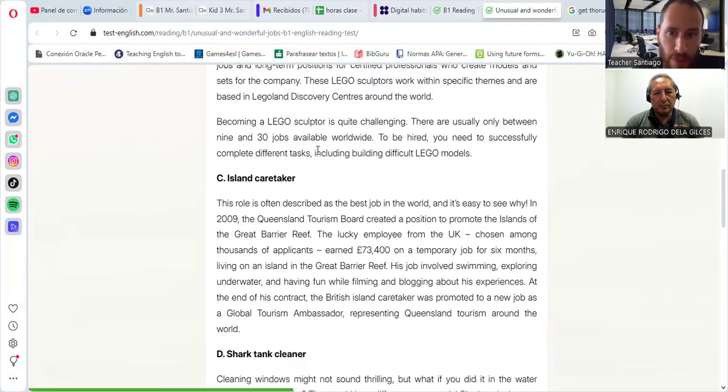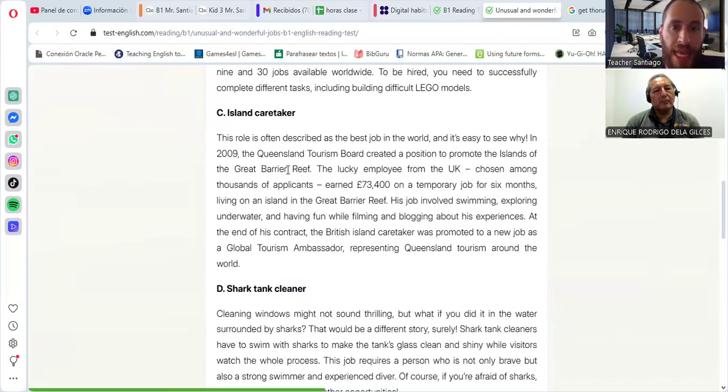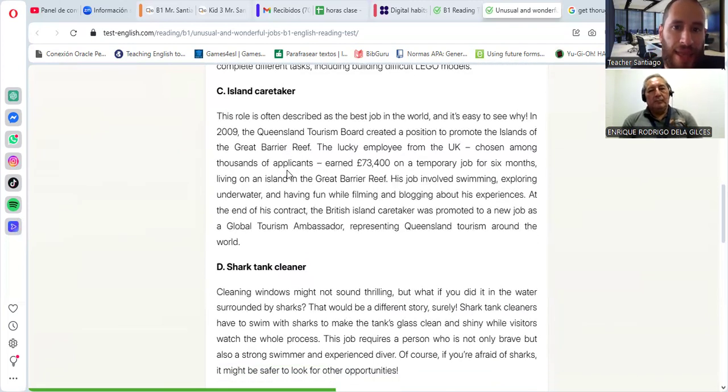So this is a difficult one, a challenging one, desafiante. Island caretaker. What is the meaning of caretaker? Cuidador. Island es una isla. Guardabosques, something like that, but of an island. This role is often described as the best job in the world, and it is easy to see